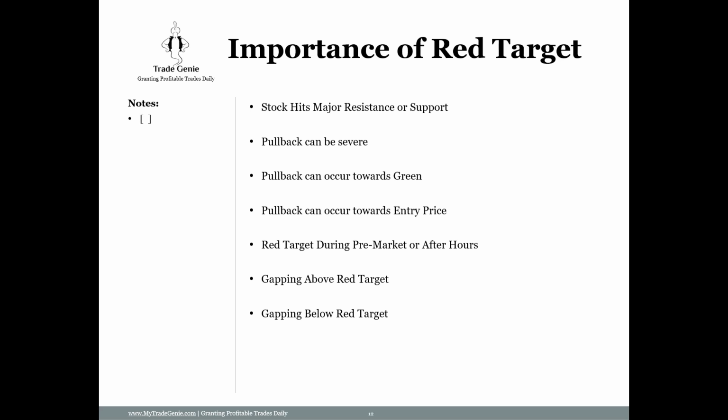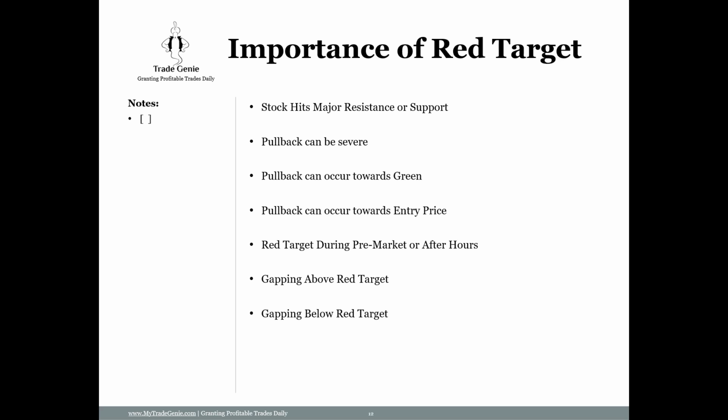So if the stock is hitting some kind of major target during pre-market or after hours, that needs to be understood. If some major red target is hit at the pre-market level or after hours, and that's the high, and then we have a fall, like AMD. AMD, after earnings, hit 9,900, and then it pulled back. So when I sent the alert, somebody asked me, and I said, AMD has hit the target. It just hit in pre-market or after market. So he did not understand what I was saying.